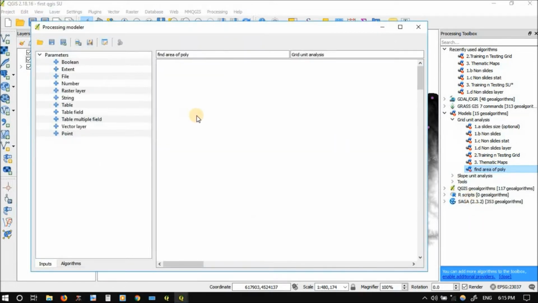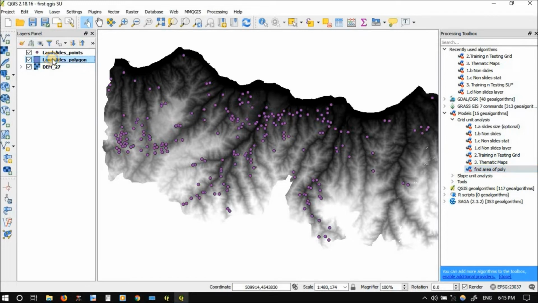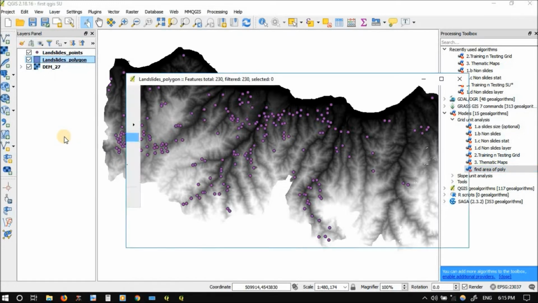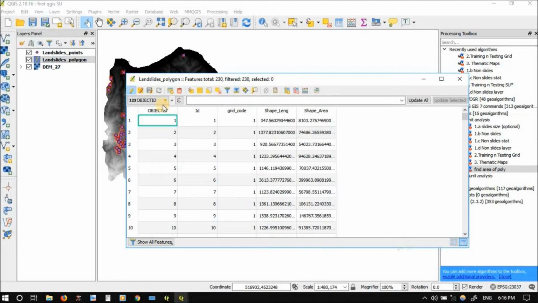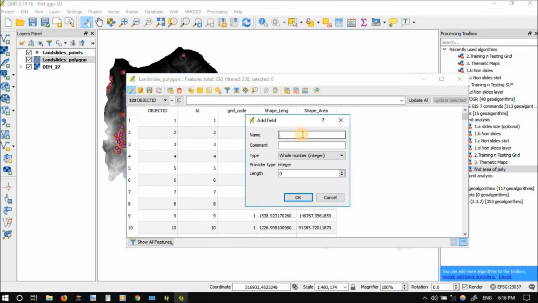It's empty. So let's say I want to find the area for one vector, and then I take the statistics. I want to understand what the maximum is. Take it from here, it's easier. For example, this polygon, open the attribute table. For example, we don't have the shape area here, so manually what I'm doing is adding a new column here from edit. We will go to the create new field, sorry, new field. So the name will be, for example,